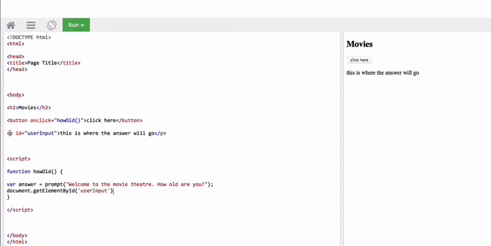Get this element, which is going to be this one, because this button element has no ID called userInput, but this paragraph element does have an ID called userInput. So get that element and change its inner HTML